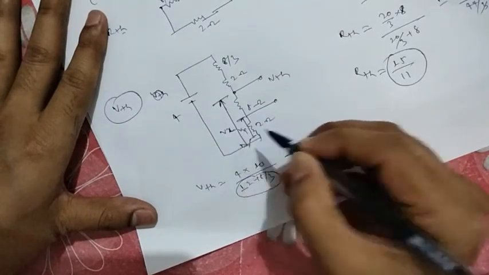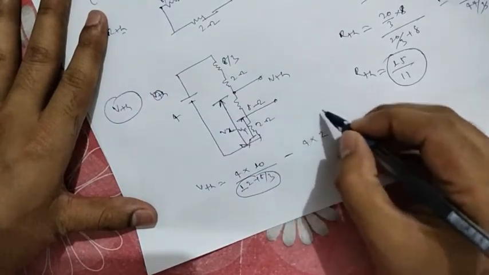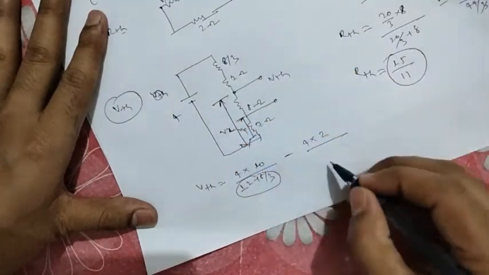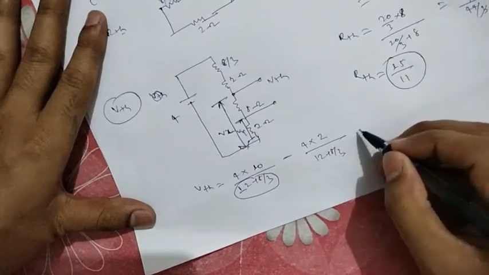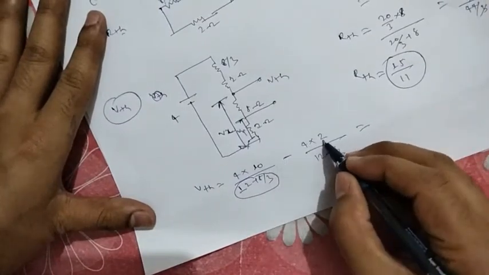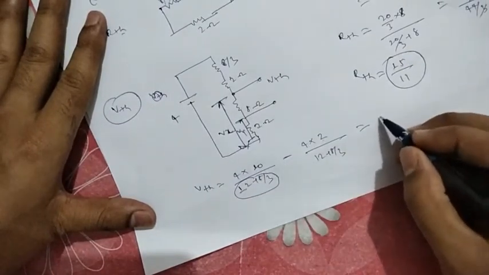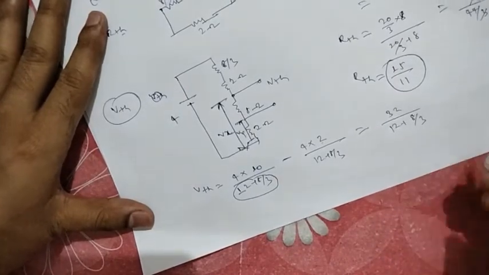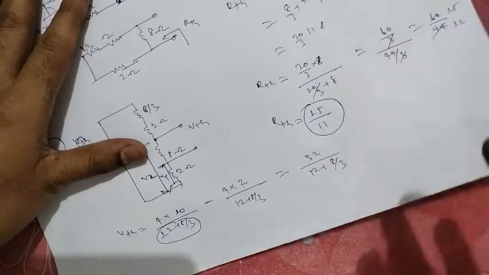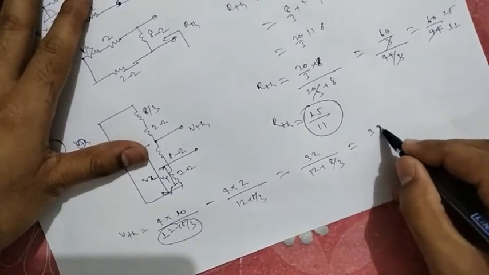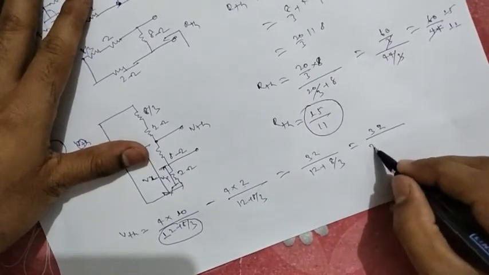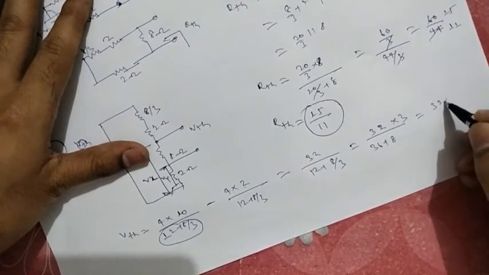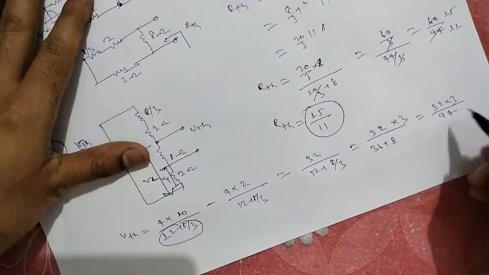This is Vy. Vy is nothing but 4 into 2 by the total, 8 plus 2 plus 12 plus 8 by 3. If I check here, 4 2s are 8, 4 10s are 40. This is 32 by 12 by 12 plus 8 by 3. Now if I solve this circuit, 32 by 36 plus 8 into 3, 32 into 3, it is 44.